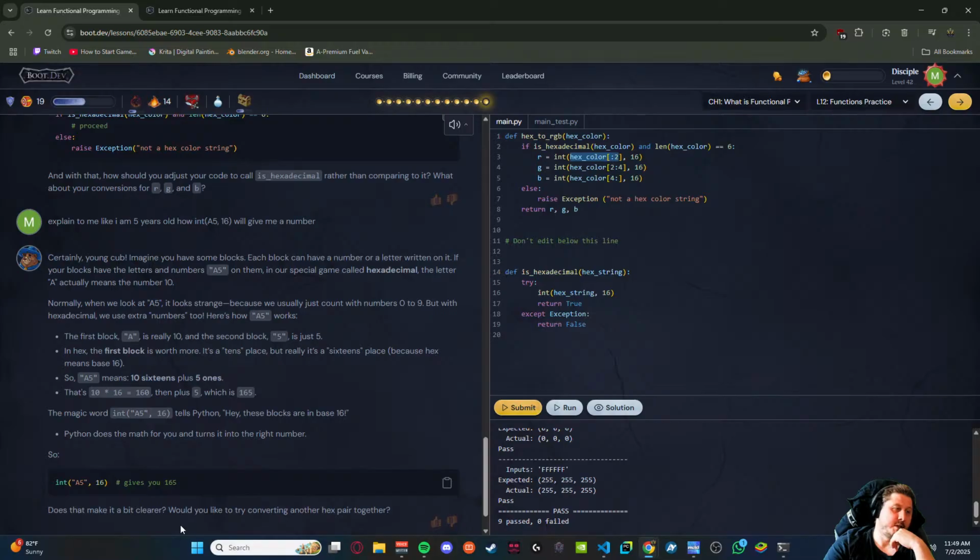The first block A is really 10 and the second block 5 is just 5. In hex, the first block is worth more. It's a tens place. But really, it's a 16s place because hex means base 16. So A5 means 10 16s plus 5, 165.